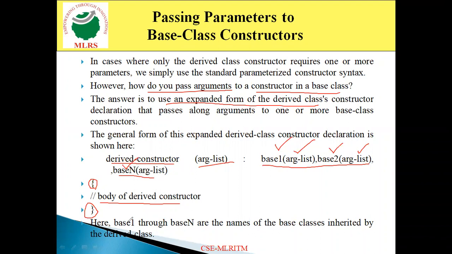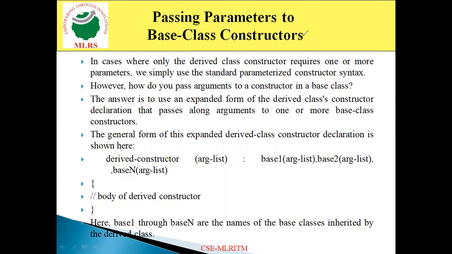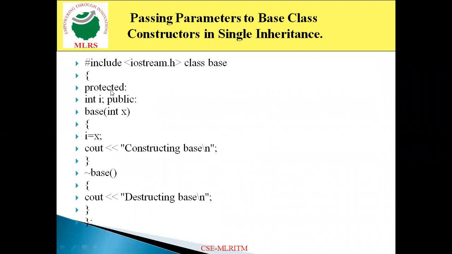Then we specify the order here. In the same fashion, the base class constructors are going to execute. That indicates first base1 we are specifying, so the base1 constructor will execute first. Then base2, so the base2 constructor will execute next. Then base3. Like that, the order in which we specify them here, in the same manner the constructors in the base classes will execute. Then we'll look at an example of how these base class constructors execute from the derived class.